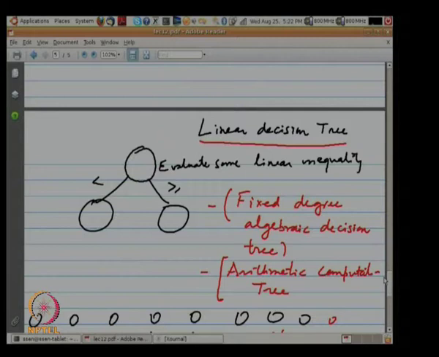So, right now my primitives are linear inequalities. Is a linear expression greater than or equal to 0, or strictly less than 0? So, at any node of this decision tree, we are evaluating this and moving left or right depending on whether the answer is yes or no. Now, these kinds of decision tree models have one important property,